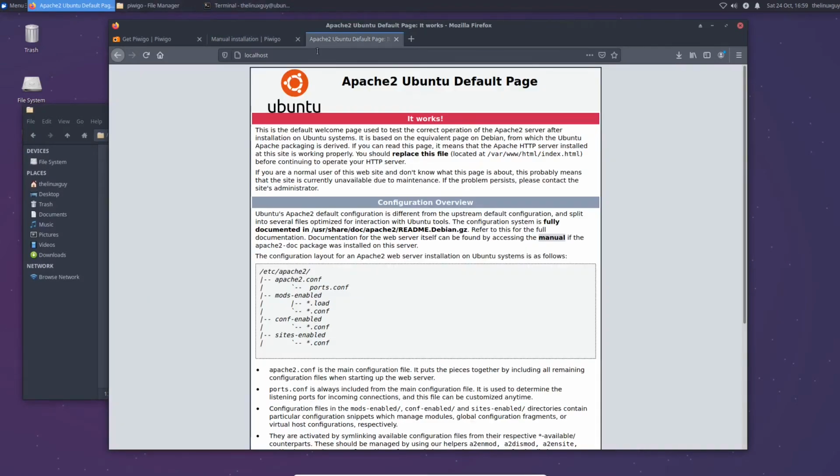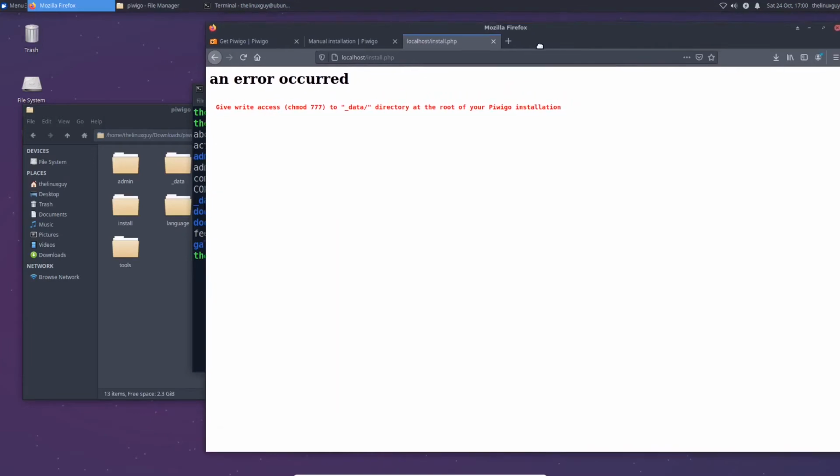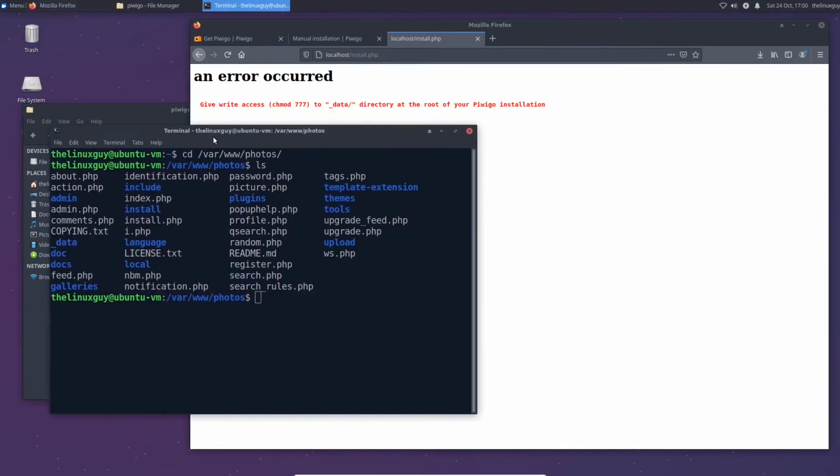So let's go into a new page and let's go to localhost. And it gave us an error. That's not surprising. A lot of times it'll throw you an error the first time you go to set something up, but thankfully Piwigo gives us a good indicator of what we need to do. It says there's a folder called data that doesn't have the right permissions, and it tells us to give it access using chmod. I'm normally against using 777, but since it specifically asks for it, I will do what it asks. So let's do sudo chmod